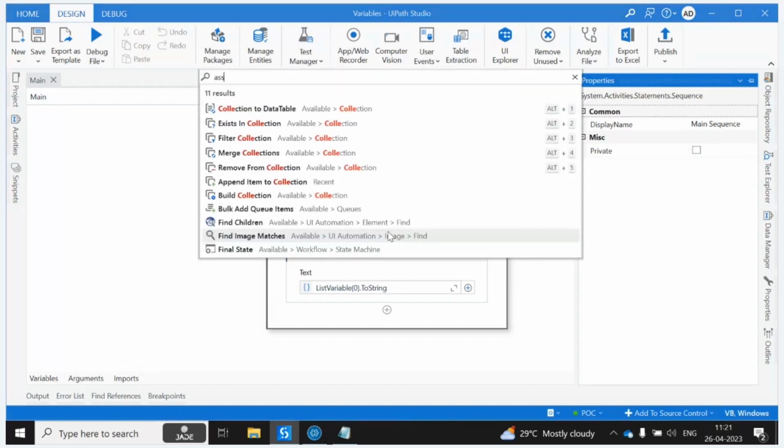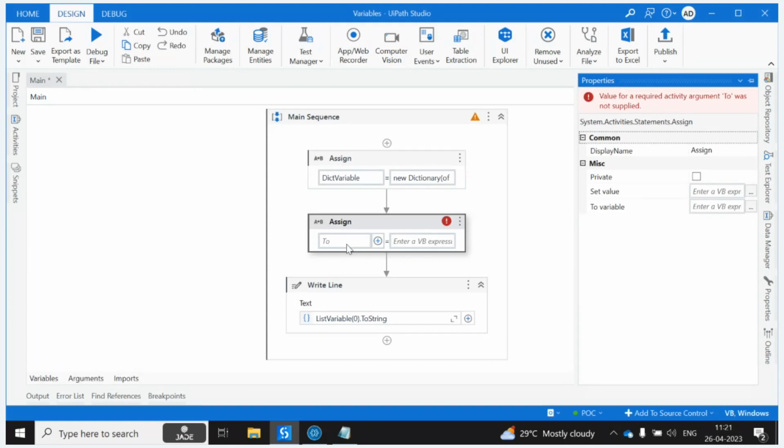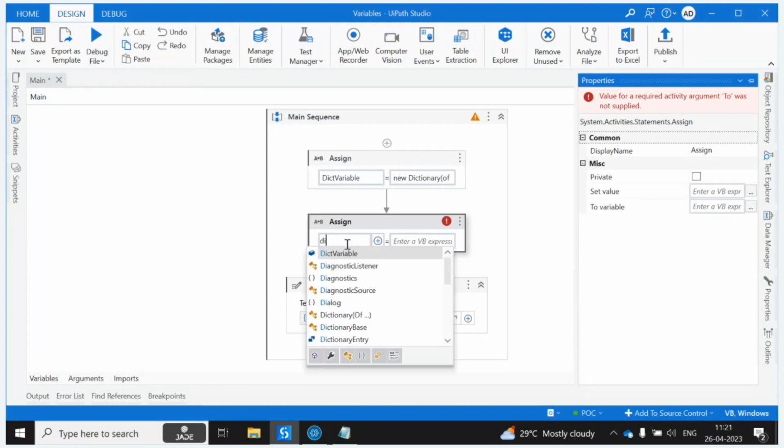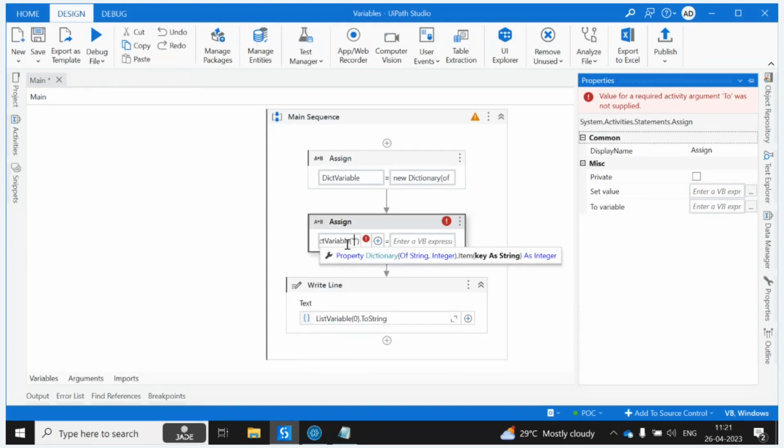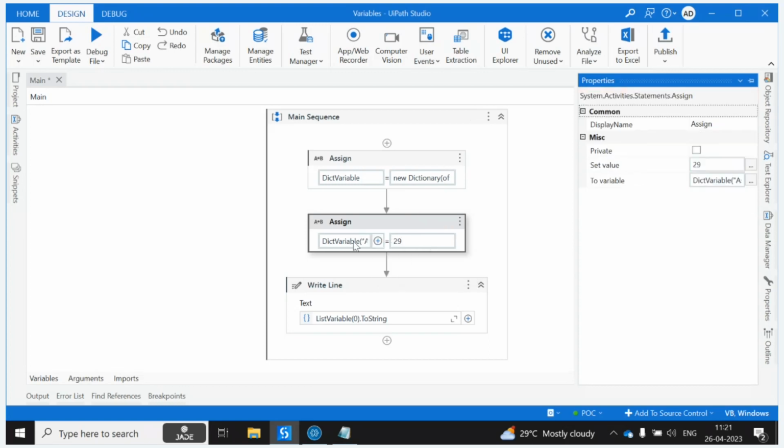And let us write an assign activity here. How we can add the values to this dictionary of... and the value is 29. So in this way, we can add the values to the dictionary. And how we can access it? Because we need to access it with the